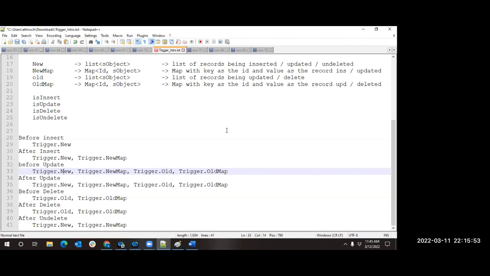Can we use debug statement inside trigger? Yes, debug statement can be used anywhere in your Apex. There is no such restriction. Is try catch recommended in Apex triggers? Okay, fine. If you feel that there is,